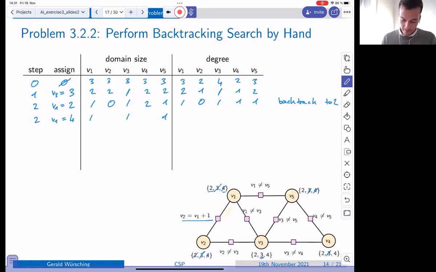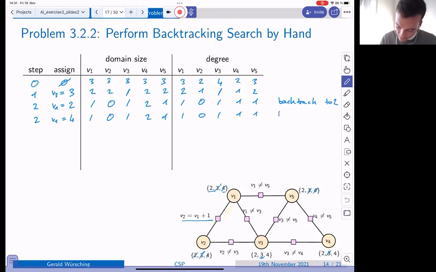And this means that again, our domain size of variable 2 has been reduced to 0. And v2 doesn't change because it's not involved in the constraint. Then we write down the domain sizes again, the degrees again. This is basically the same as in the previous step. And again, we see that we have the case that our forward checking algorithm has detected a failure.